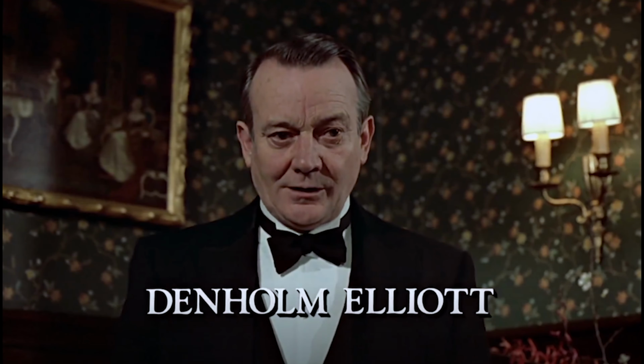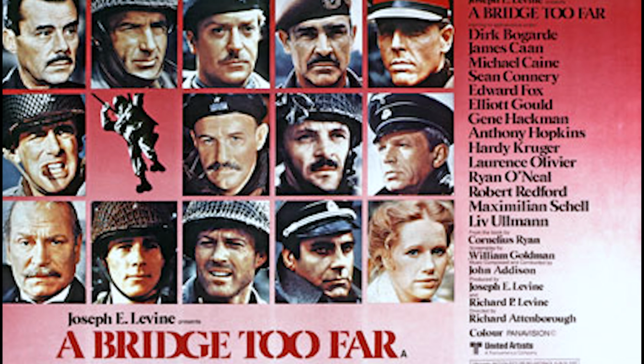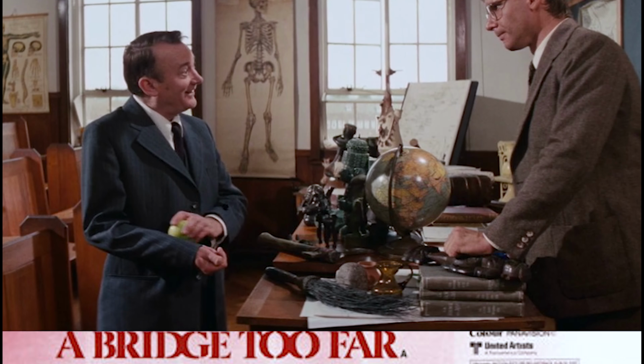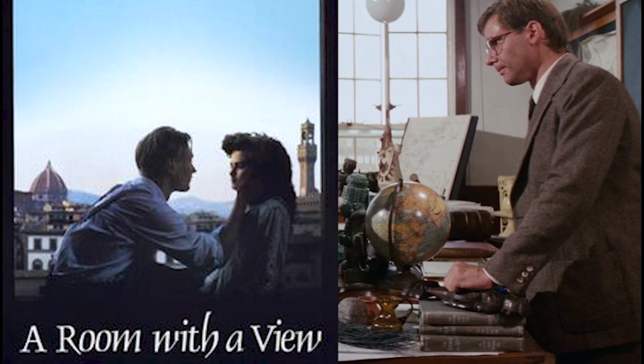blending out. Stealing the show as Winthrop's butler was the venerable Denholm Elliott, star of such classics as The Night They Raided Minsky's in 1968, A Bridge Too Far in 1977, and 1981's Raiders of the Lost Ark. Denholm went on to star in many Ivory and Merchant films like Room with a View in '85 and Maurice